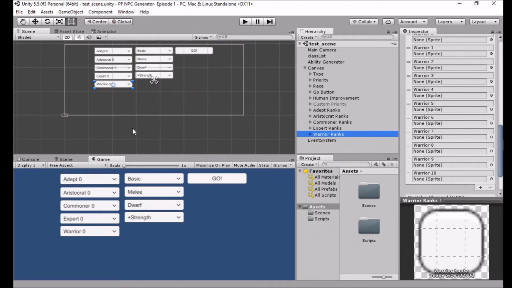Or if you and a buddy just want to sit down and play some Pathfinder and you don't want to have to do any prep for it, you can just generate one random encounter after another. So that's the ultimate goal. For right now, though, we're sticking with generating a single